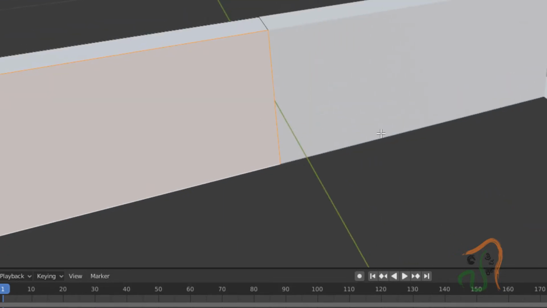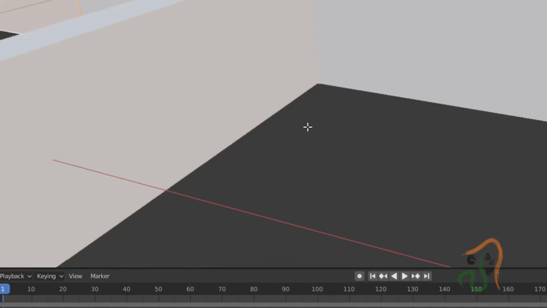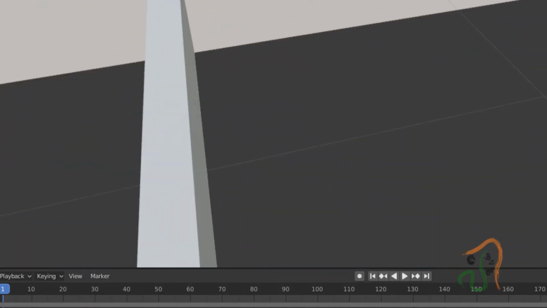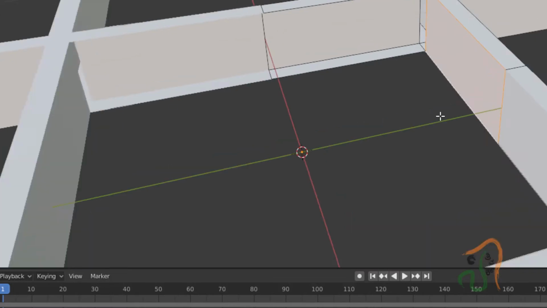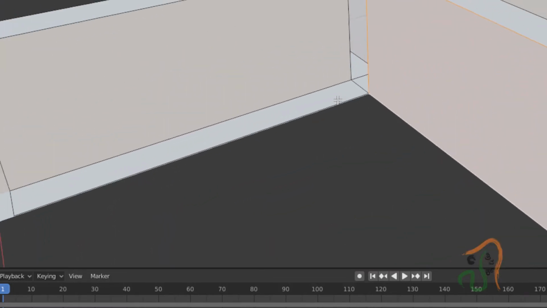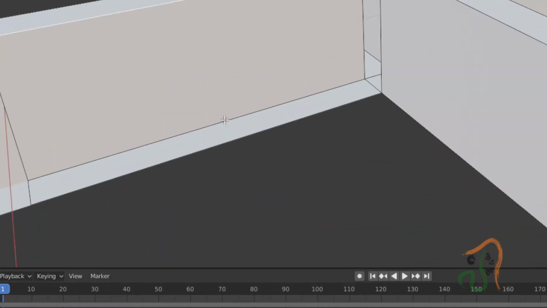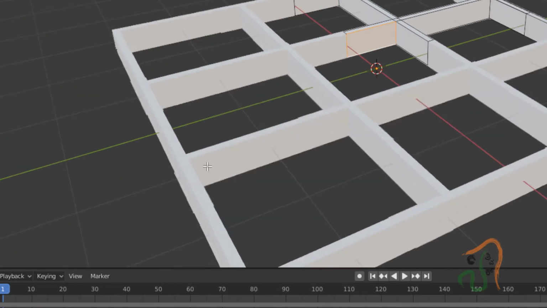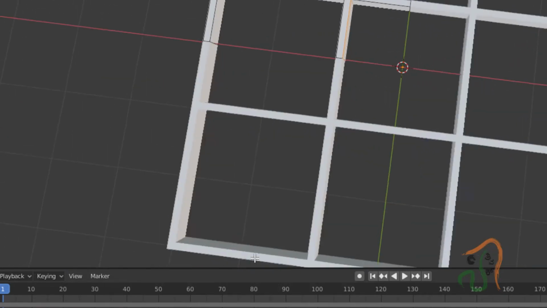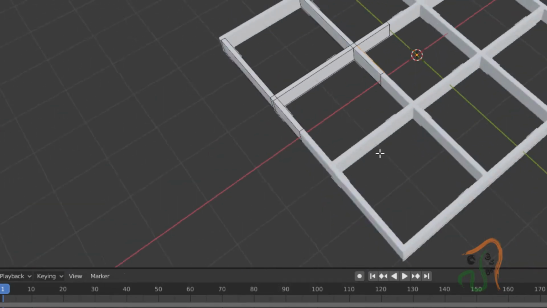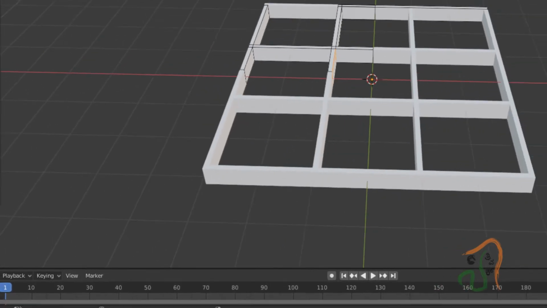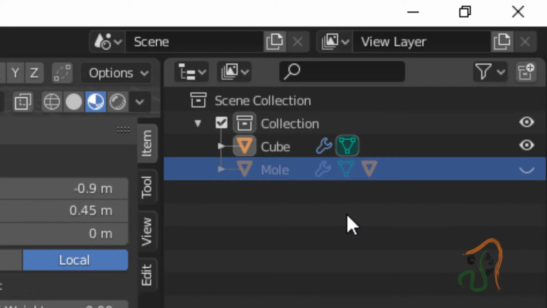So this is filled. Okay, similarly same thing, let us do it on the other side also. Just drag it here and bring it over here, and here also select the top edge here, and with shift press select the bottom edge and press F. So we have it filled. So now we have this 9 box compartment ready.